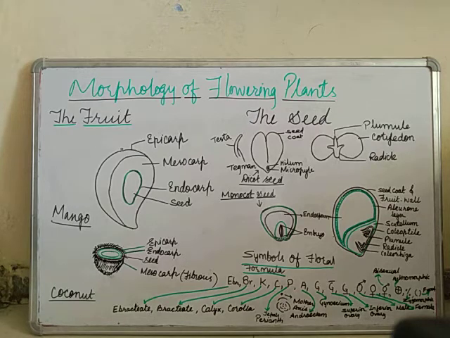And if you see the symbol of a bracket, if 2 plus 3 is inside the bracket, that means the sepals or petals are fused, that is used for the fused or attached form. So these are some symbols which are used in the floral formula.